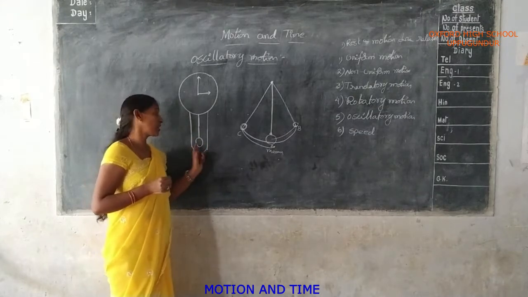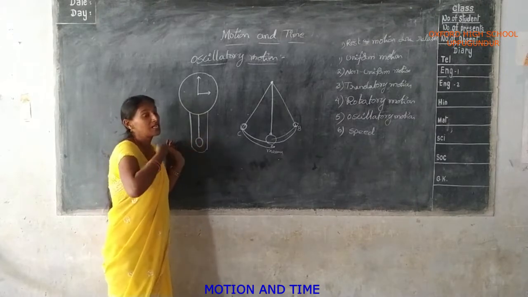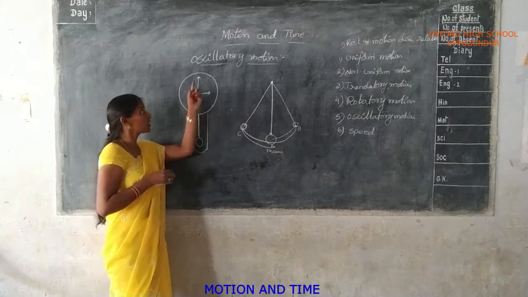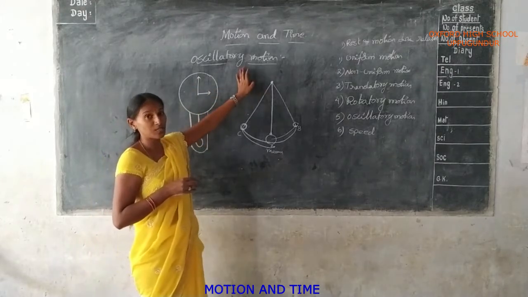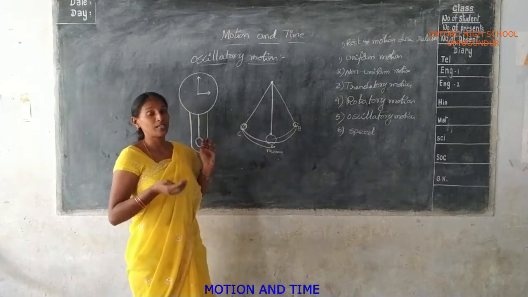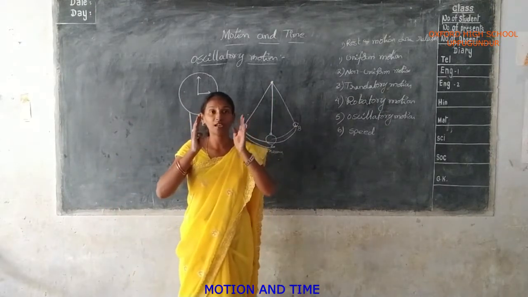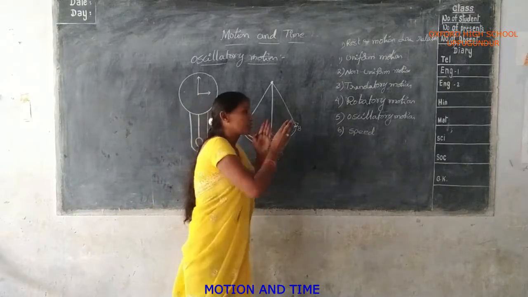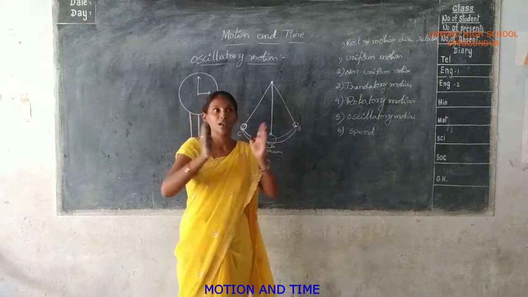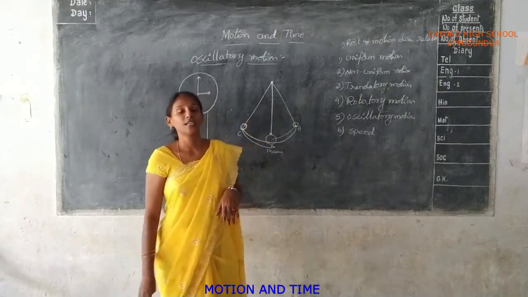That is moving back and front, and you consider the equal distance. So moving in equal distance is called oscillatory motion. One more example is the table fan. The table fan front is also moving to and fro, back and front. So that one also you are observing as oscillatory motion.